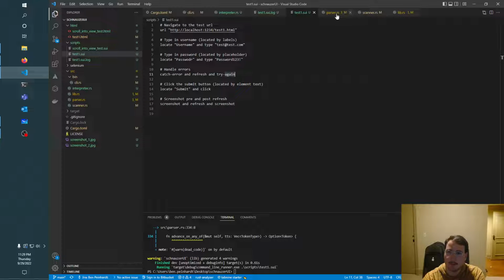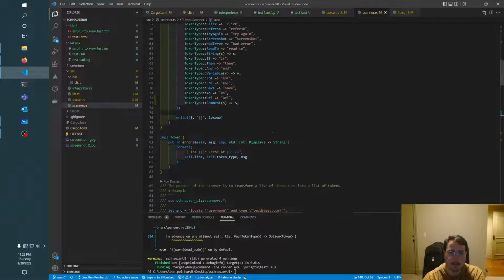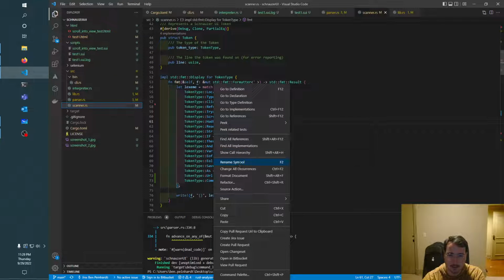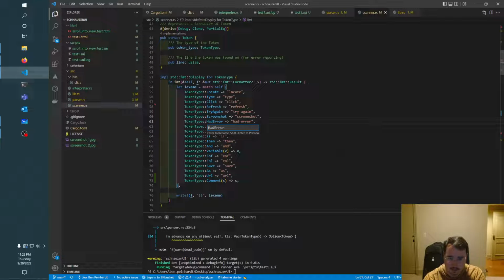Yeah. So in the scanner, let's replace the had error token. Let's rename that the catch error token,